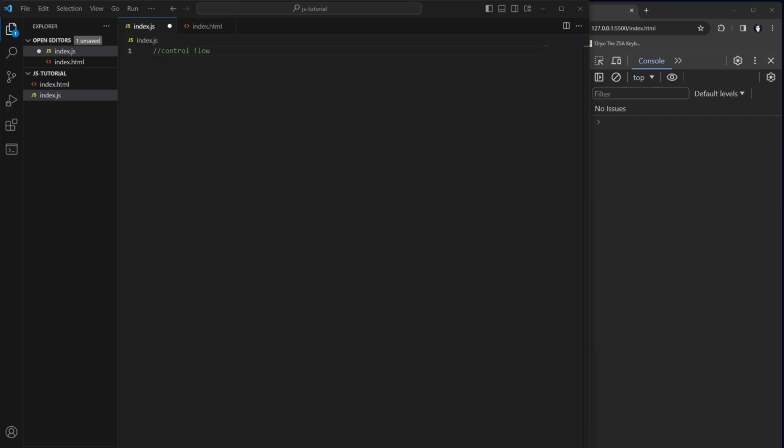Today I want to talk about control flow in JavaScript. Basically, control flow is a fancy word for an if-else statement or switch statement. The way it works is you define an if-else statement that controls how the code executes. For example,